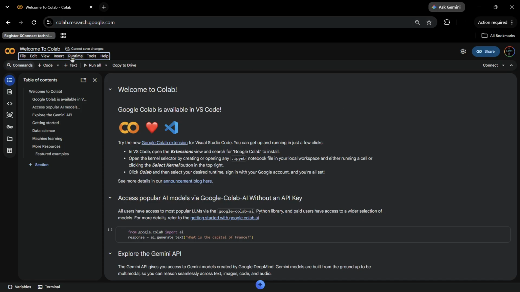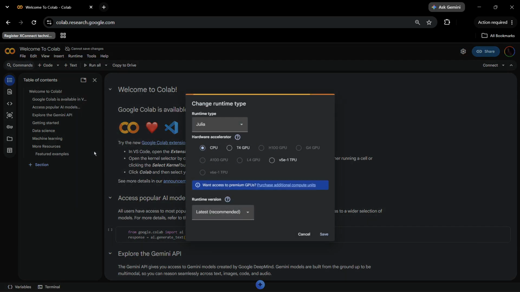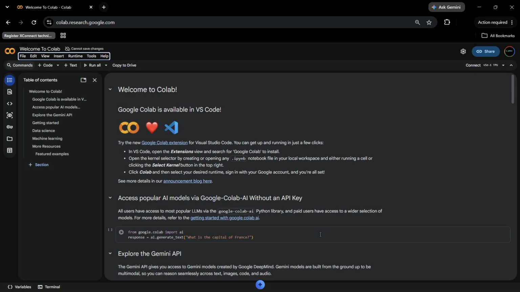So for that, click onto this runtime button and from here, click change runtime type. Once you do this, it will show the runtime type and just below that, it will show you the hardware accelerator. From here, you can choose if you wish to run it on CPU, the free T4 GPU or the V5E1 TPU as well. So you can choose between the CPU, GPU and TPU and also check for the runtime versions as well. Simply click onto the save button and the particular instance will be